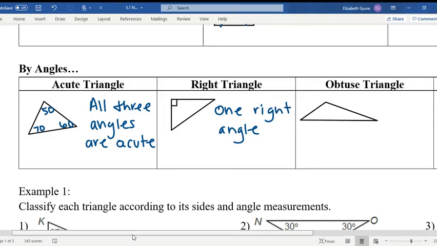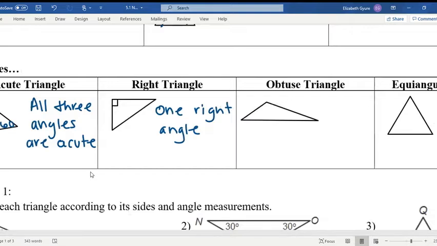An obtuse triangle, somebody at home, somebody online, what do you think an obtuse triangle is going to have? Yeah, exactly. Just one obtuse angle. Think about what we just talked about with the right triangle. If it's not possible to have more than one right angle, is it going to be possible to have more than one obtuse angle? No. So an obtuse triangle is going to have one